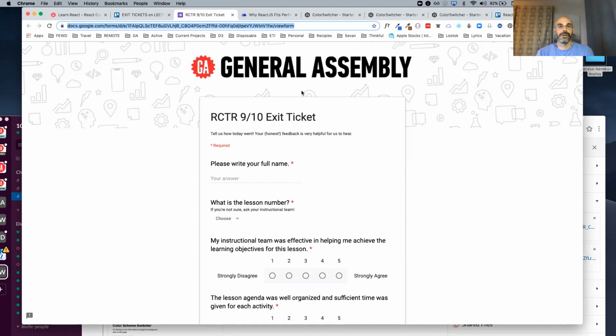All right, so if there's no other questions, I'll stop the share, fill out the exit ticket. I'm going to look at the exit ticket feedback after the class, and once the Zoom session ends, it then compiles the recording, and I will add a link in the Trello board to the recording. So if you needed to go back and take a look at it, you could. All right, and feel free to Slack me with any questions you might have between now and the next class. All right?